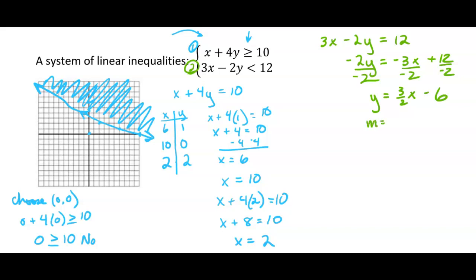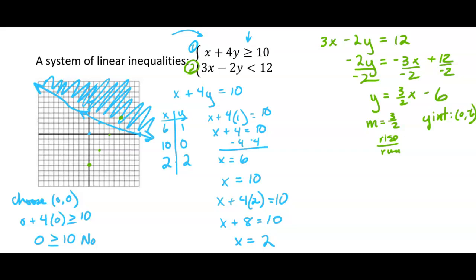So my slope is 3 over 2, and my y-intercept, it's the point 0, -6. But sometimes they just say -6. Okay, so 0, negative 6. 1, 2, 3, 4, 5, 6. Down here. So I graph that point, the y-intercept, and now I'm going to count the rise over run, the 3 over 2. So I'm going to go up 3 and over 2, and up 3 and over 2. And I can keep going up 3 and over 2, kind of in the blue area now. All right, so I've got my points lined up.